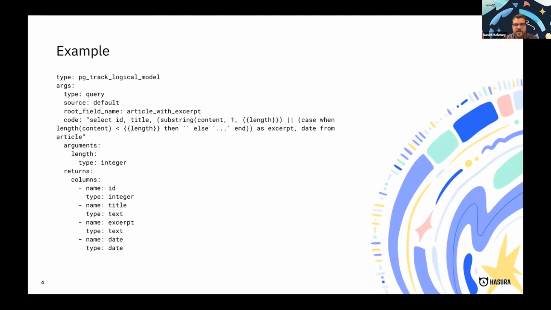So here's an example of how it shows up in our metadata. This is what would be a logical model, and you can see the type is a query. We're initially supporting queries. We'll add support for mutations at some point in the future. What this is doing is returning all articles that are longer than a specific length. So if you were trying to come up with a product qualified lead, and you were